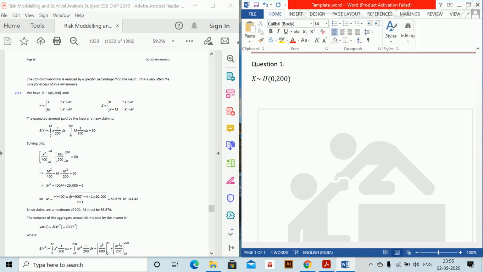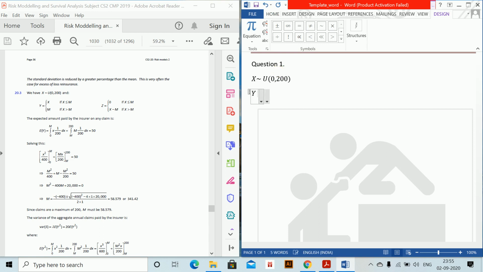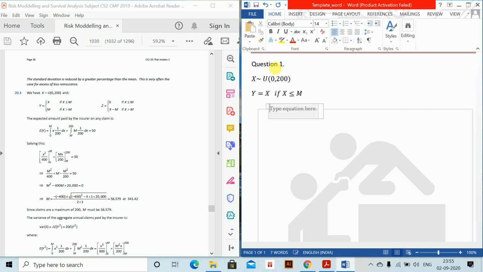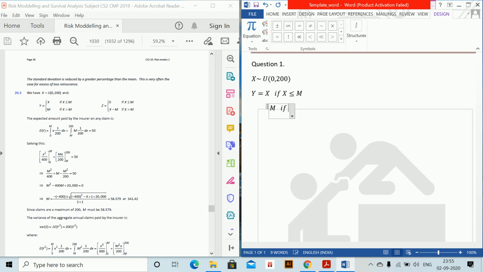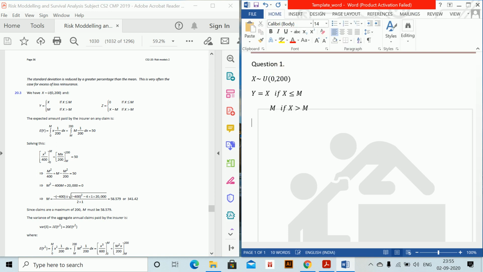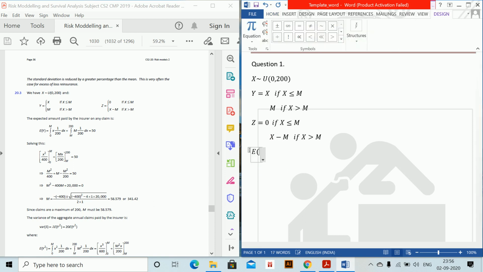Y will follow X if X is less than or equal to M, and it will follow M if X is greater than M. Similarly, Z will be equal to 0 if X is less than M, and it will be equal to X minus M if X is greater than M. So therefore, expectation of Y